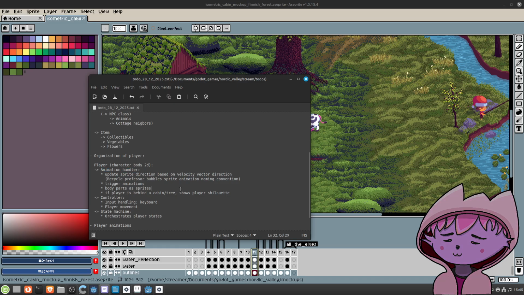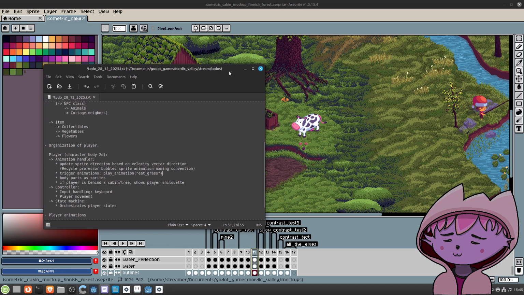I could imagine that we would have a simple function like trigger animation, start animation, for example, eat grass. Maybe not for the player, but for a cow.